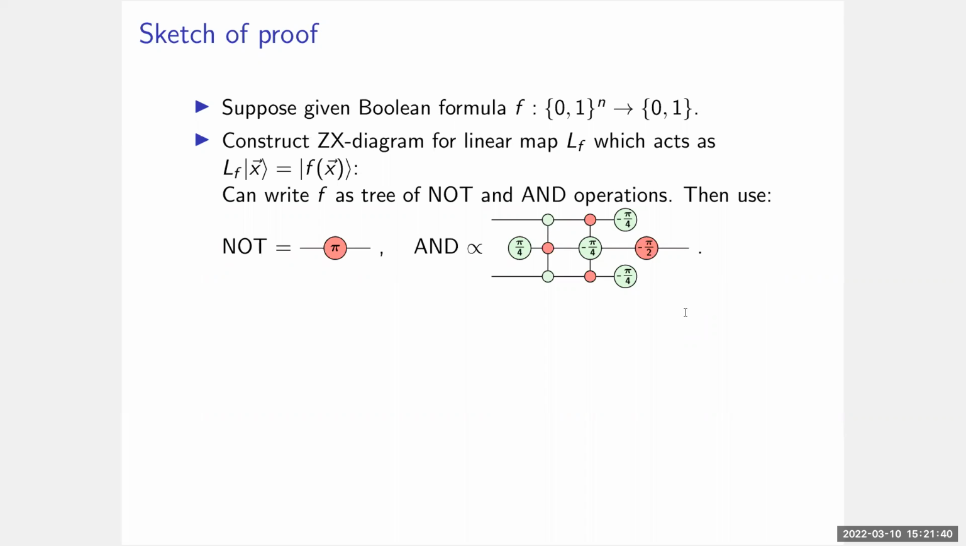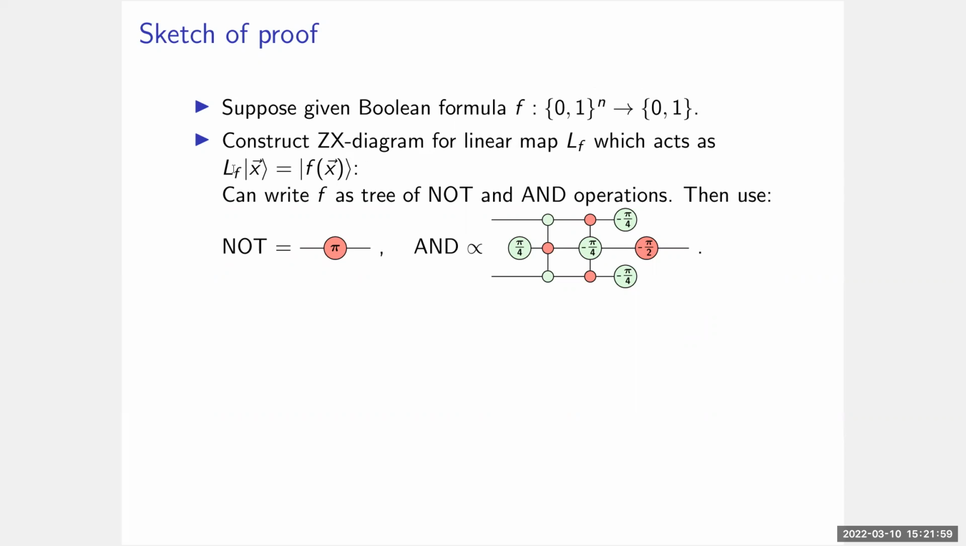So suppose we are given a Boolean formula. We just have n variables and this outputs either 0 or 1, and we're trying to count how many times f returns 1. So for how many inputs do we get 1 out? So the first step is we want to construct a ZX diagram for the linear map L_f,